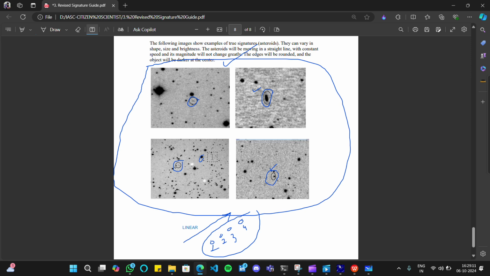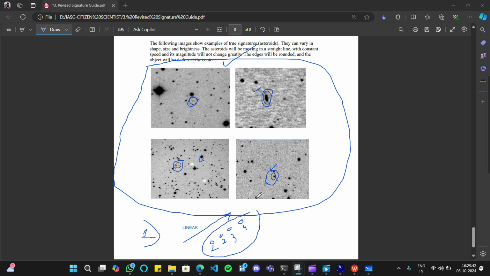So I will give you one example of finding an asteroid. This is the first property that an asteroid shows in Astromatica software. Again I am repeating, if you find an asteroid moving in a linear way, suppose that it is here now, then in the second image it comes here, then in the third image it comes here, then in the fourth image it comes here.